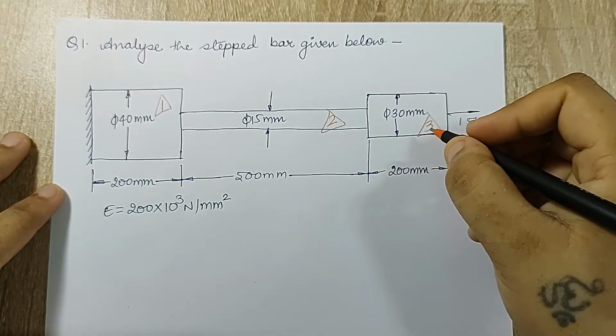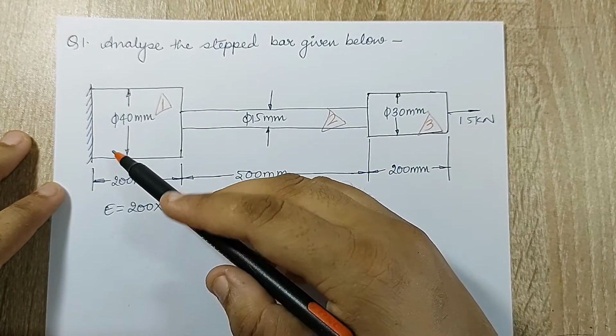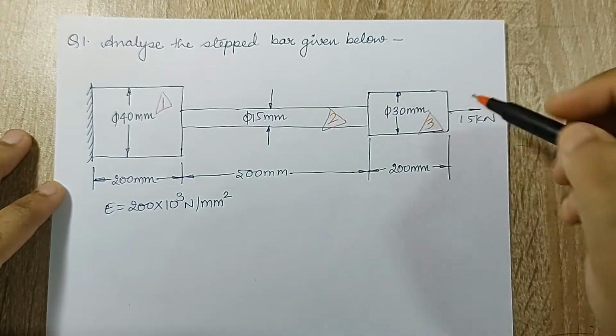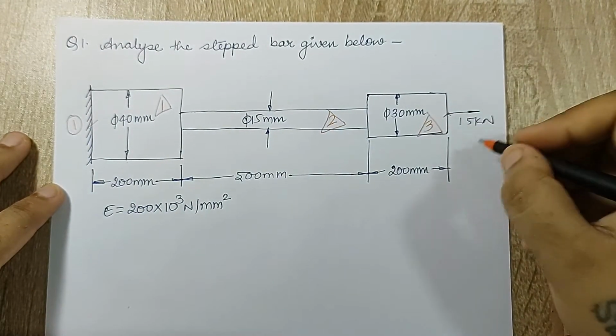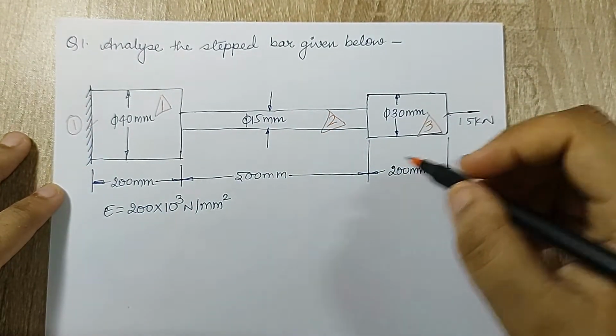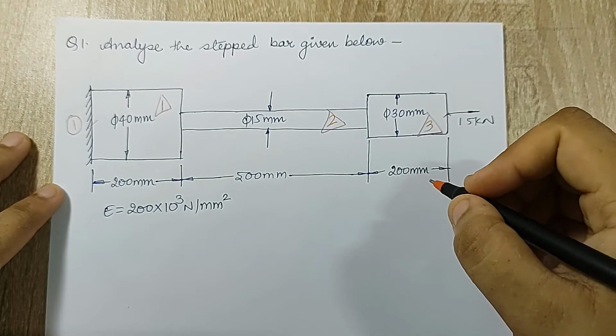Now we are supposed to mark the nodes. So the first rule is mark the nodes on both the sides. So let me mark a node here and a node here. I am not labeling this node as of now. I'll first figure out if there are any middle nodes also possible.